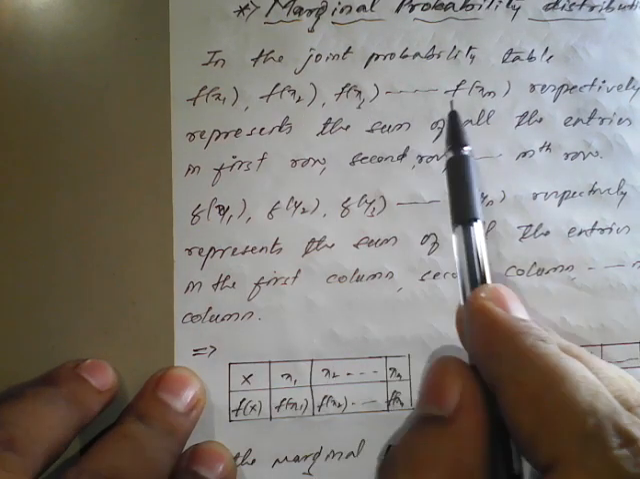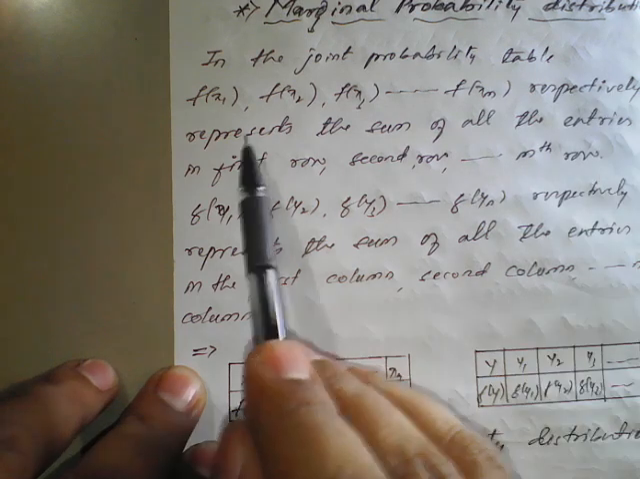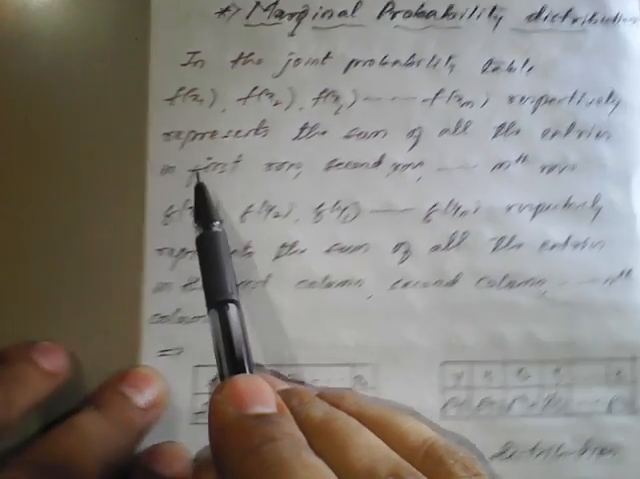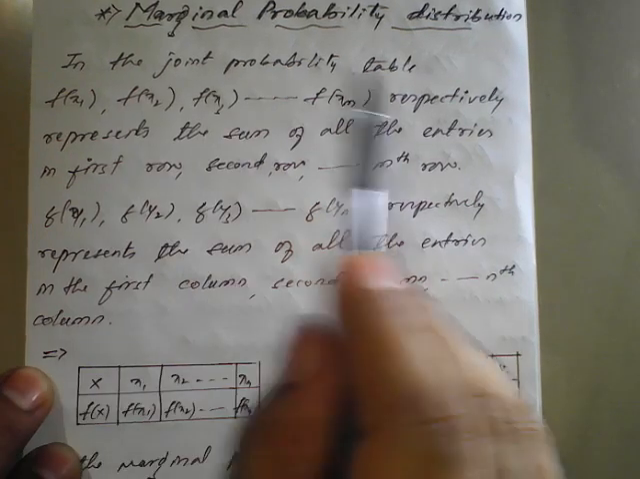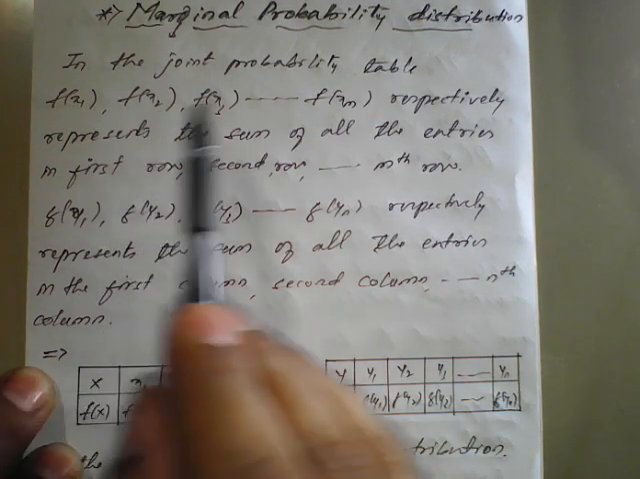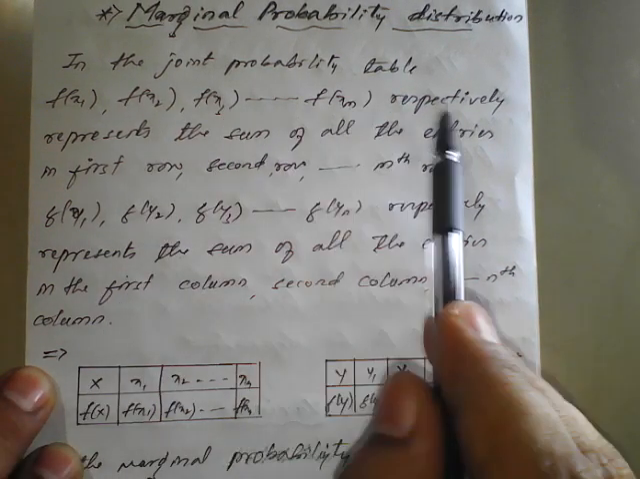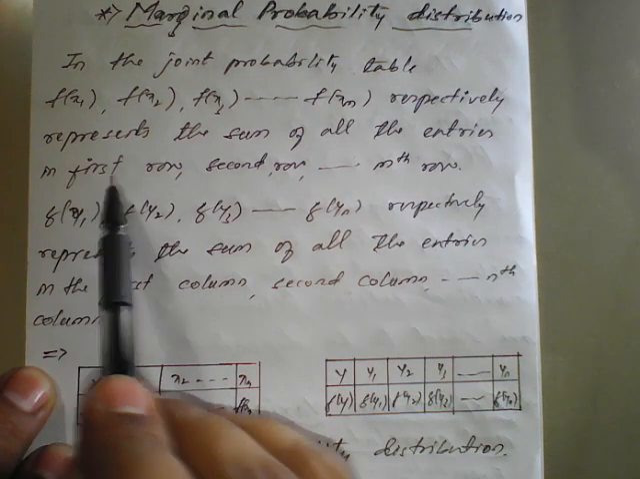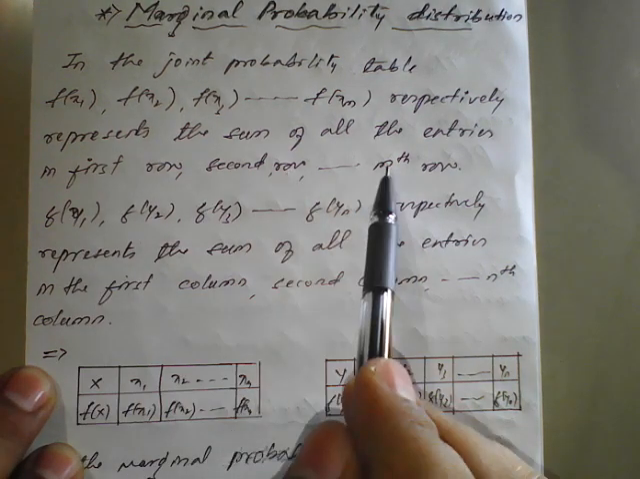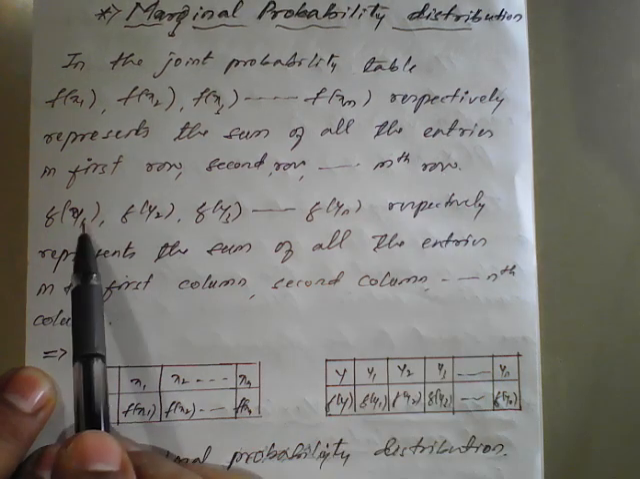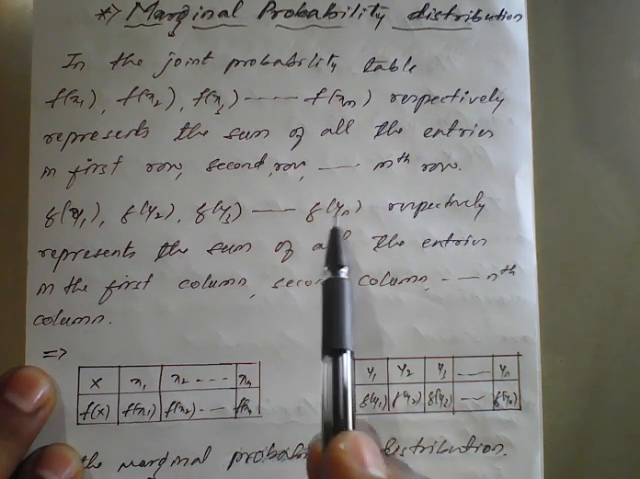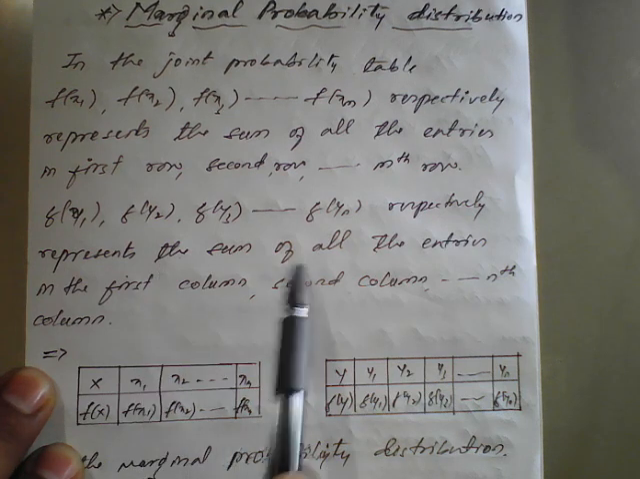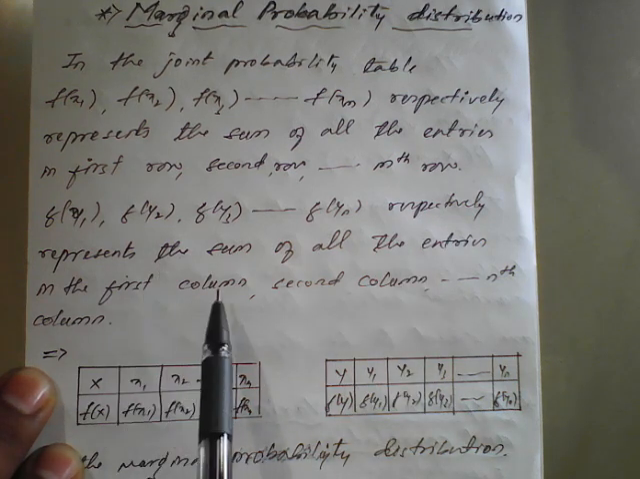So in a joint probability table, f of x1, f of x2, f of x3 and so on, f of xm respectively represent the sum of all the entries in the first row, second row, third row and mth row. And g of y1, g of y2, g of y3 and so on, g of yn respectively represent the sum of all the entries in the first column,